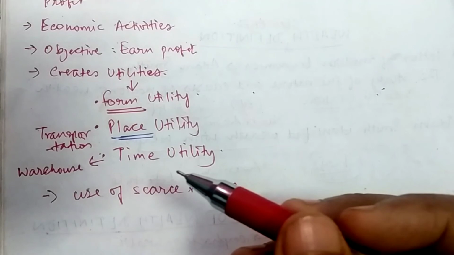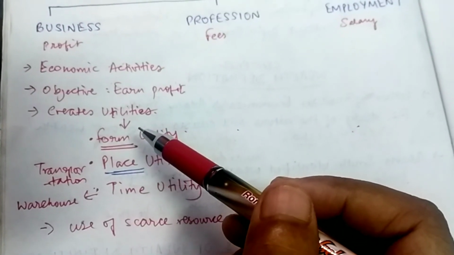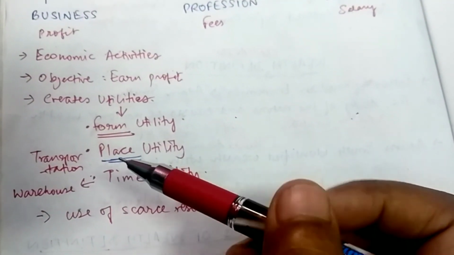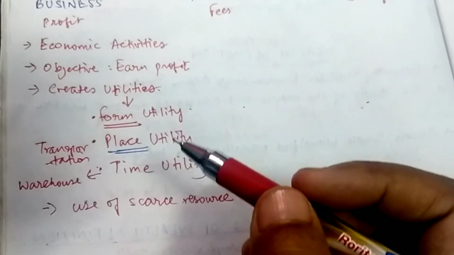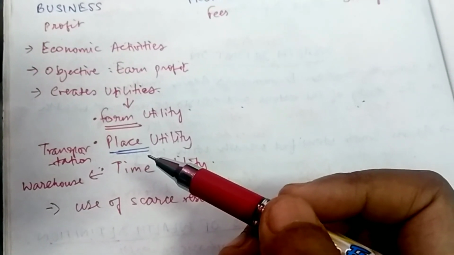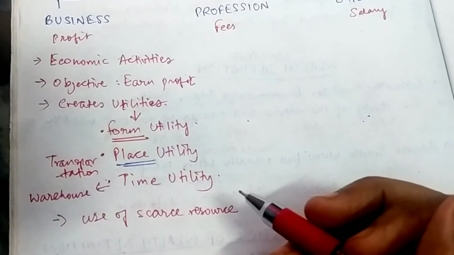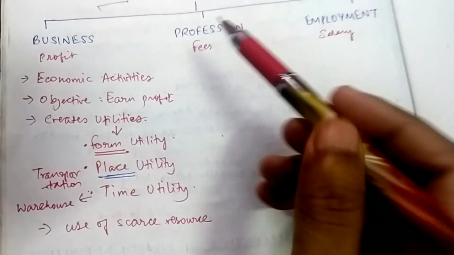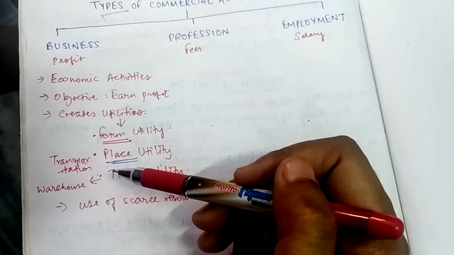Okay, so this business activity satisfies the needs of the businessmen by providing them profit, by generating income for them. Clear? It also satisfies the needs of the customers by making available those goods and services which the people require. So the businessmen exchange the goods and service with the customers in return for profit. Clear? So these are the three types of commercial activity, and the first one I hope I have explained